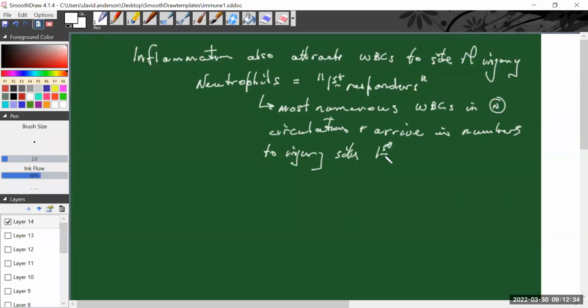Now, what do they do when they get there? That's the answer when you're looking at functions. So these guys are aggressive phagocytes. They're the ones that are going to arrive first, and they're going to start the cleanup. But they don't last very long. They last maybe a few minutes to a few hours before they die off. But one of the other things that they do